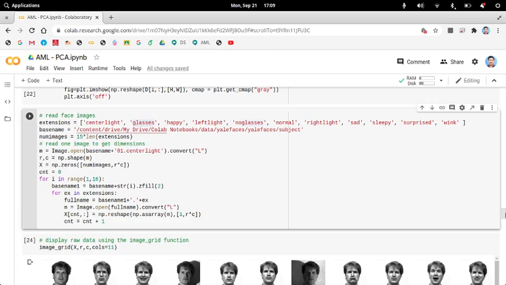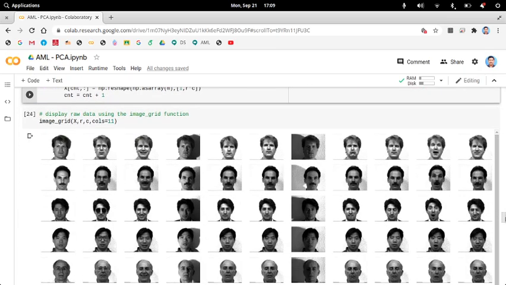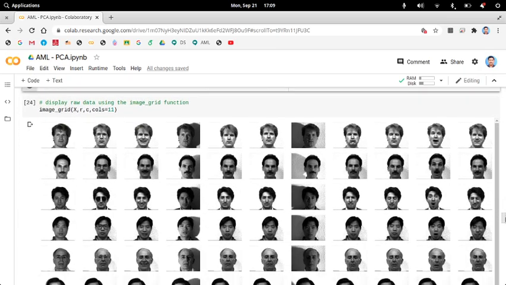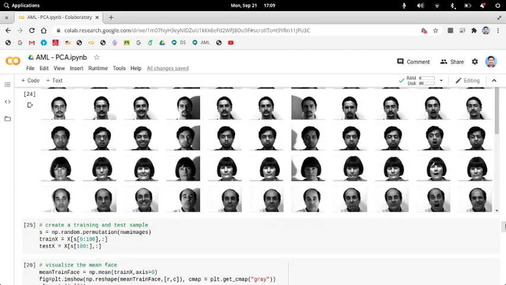So if you read that and plot your face images, it will be like this. There are people with glasses, people who are happy, sad, sleepy, etc.